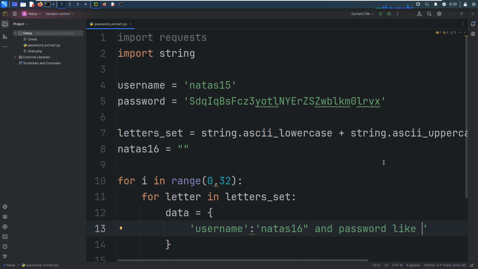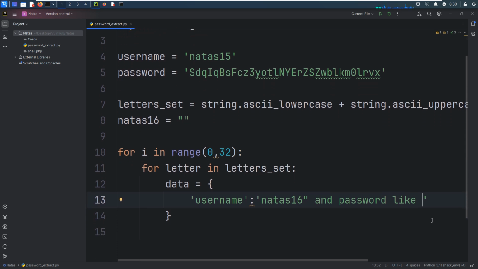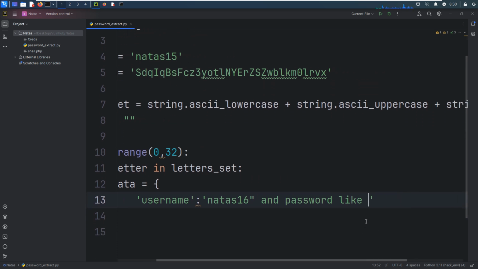Of course, here I'd like to point out a very important thing for you. In this case, we do not just simply use like, we need to use binary. Otherwise, the like will treat both lowercase and uppercase letters as the same, okay? And this double quote will close the keyword or the password, right?